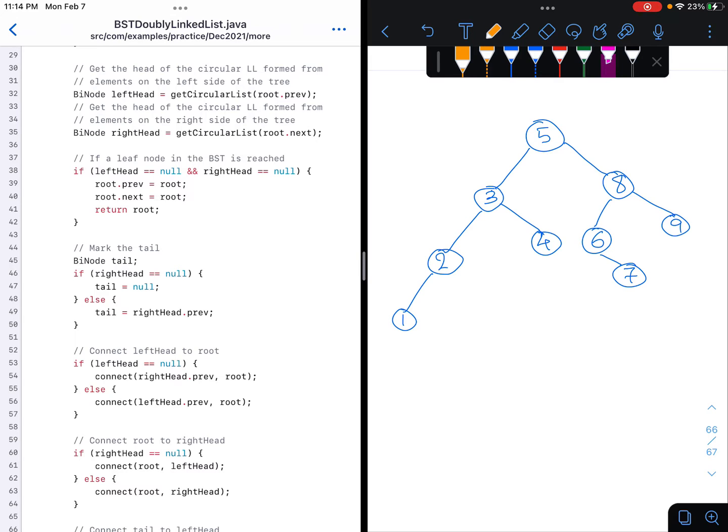So this question is about building a doubly linked list from a binary search tree. So we are given a binary search tree here. As we can see, this is the given binary search tree, and the idea that we are going to utilize is for every